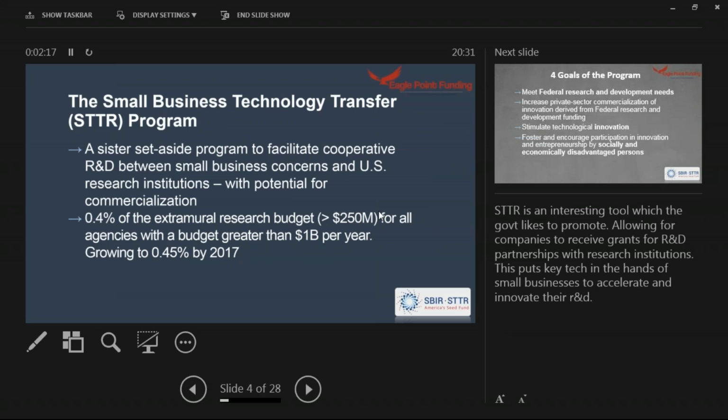Just to give you a little bit more background on the STTR program, which is the sister program of SBIR. The STTR program is for anyone looking to partner with a research institution. The SBIR program doesn't involve any partnering with a research institution, and is kind of like your bread and butter, simple grant for small businesses that you would do on your own. But if you wanted to partner with a research institution or a university, you would apply through the STTR